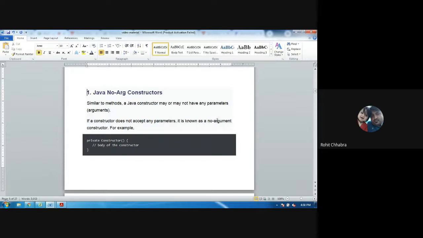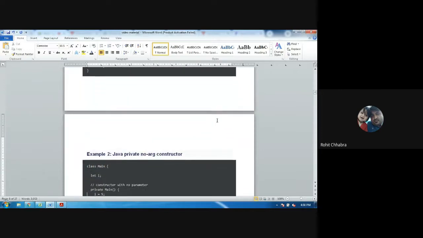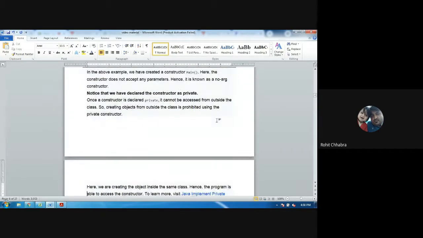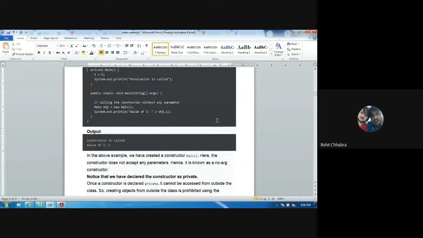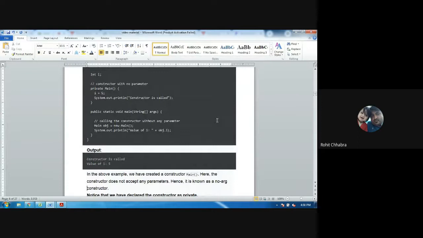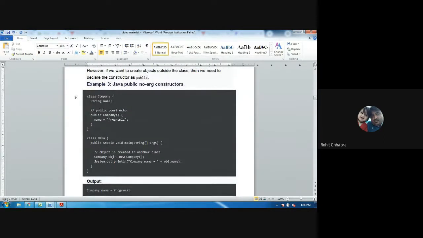If a constructor does not accept any parameter, then it is known as a no argument constructor. For example, this is a constructor, and there is no parameter passed in that constructor definition. In this example, there is a class that is Company.